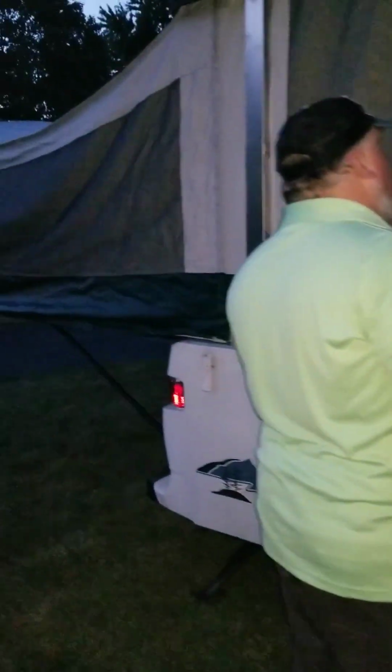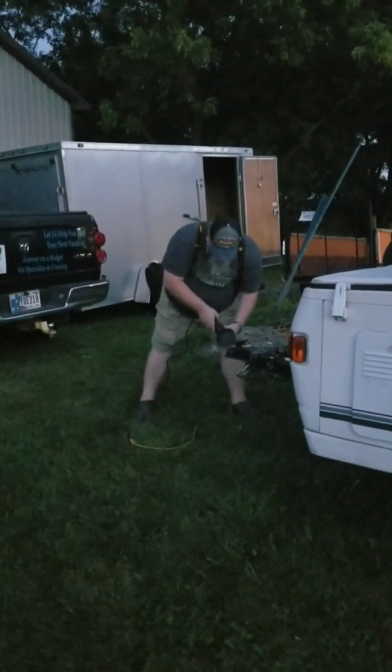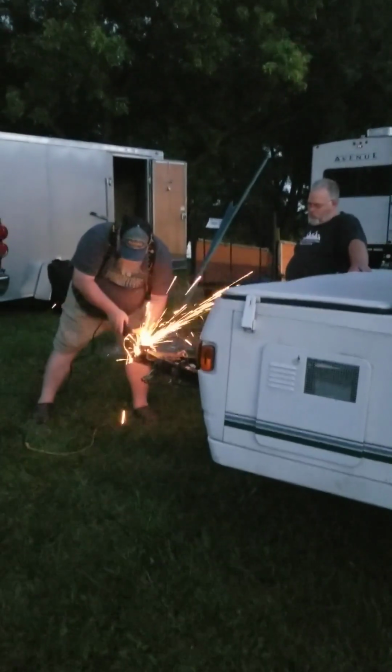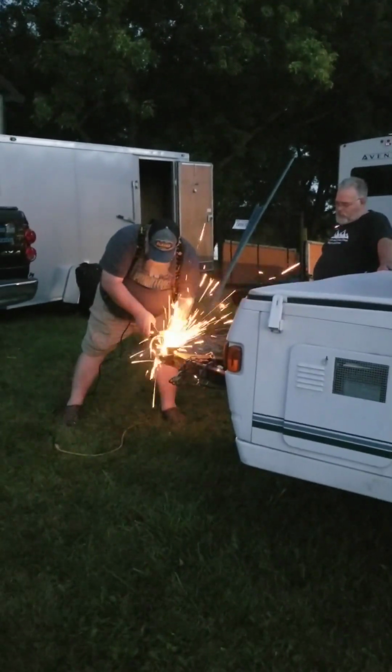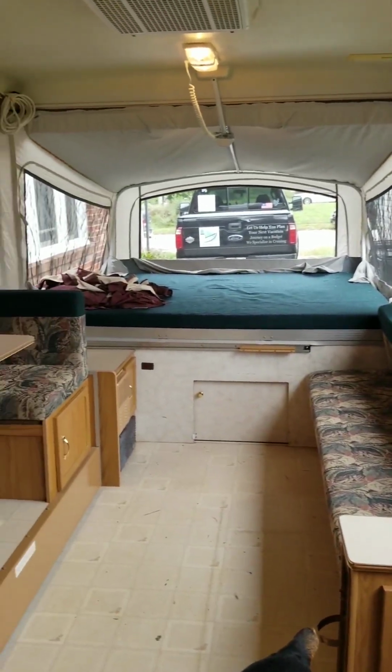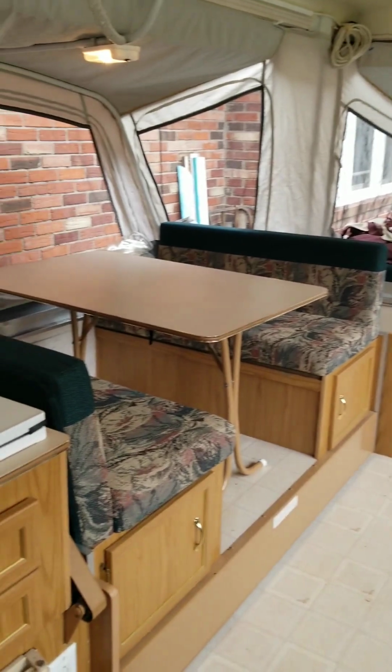We had an unexpected opportunity to take the next step and jumped at it. In our excitement, we forgot the key to the lock. Todd ground it off under the watchful eye of our long-term traveling friends, who are still having a good laugh over it. After a few false starts, we got the '98 Coleman Fleetwood pop-up camper set up in the driveway